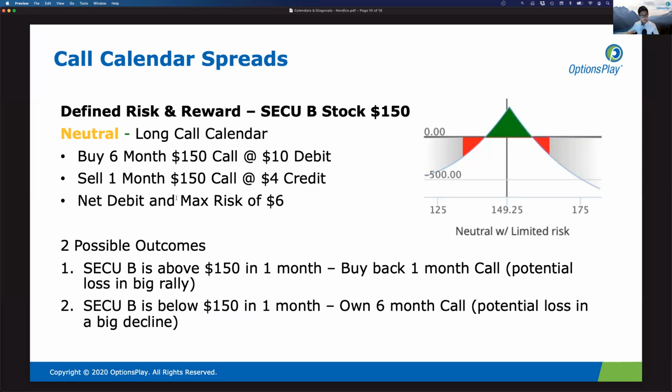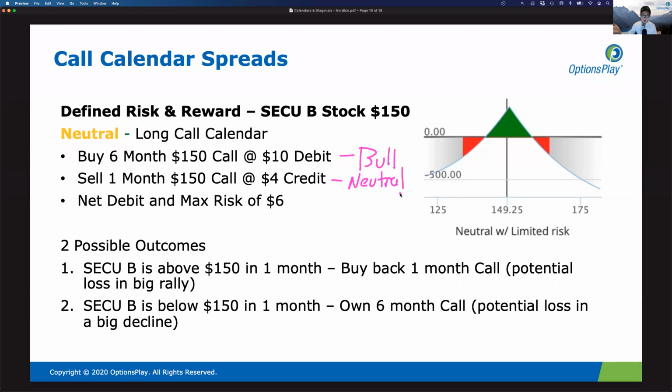So if you look at this, time spreads, when you look at this at first, can be a little confusing, right? Because you have two components. You have the long call, the 6-month long call, which is a bullish strategy. And then you're selling this short-term 1 month call option, which is a neutral strategy. So what we usually refer to as a call calendar is a short-term neutral, long-term bullish view on a stock, meaning maybe